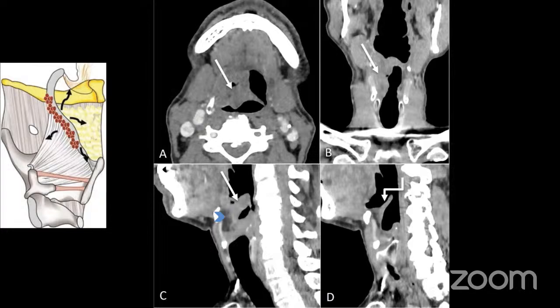So this is a supraglottic malignancy involving the epiglottis. And there is an uninvolved epiglottis over here. So this is the normal appearance of the epiglottis. There is involvement of the pre-epiglottic space as well. And this is the disease spread pattern over here in the diagrammatic representation. Can you see my arrow? So pre-epiglottic space involvement is very well highlighted over here, and this is the invasion of the pre-epiglottic fat pad by the disease.